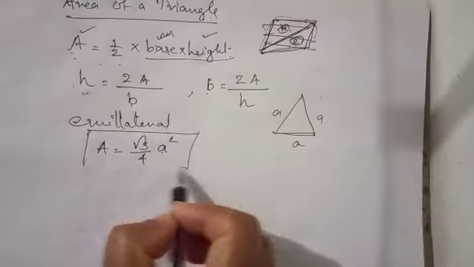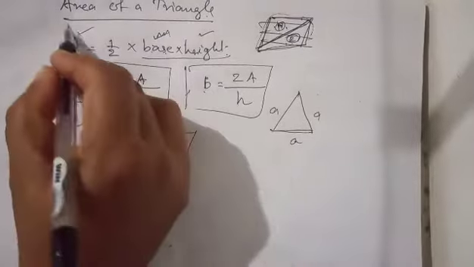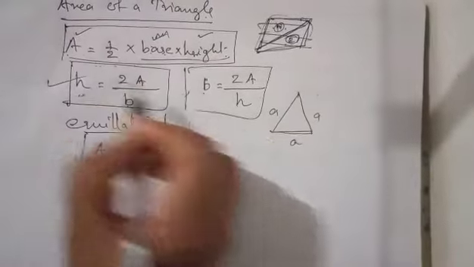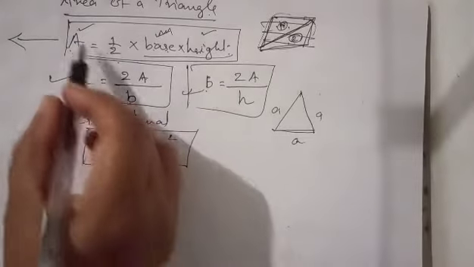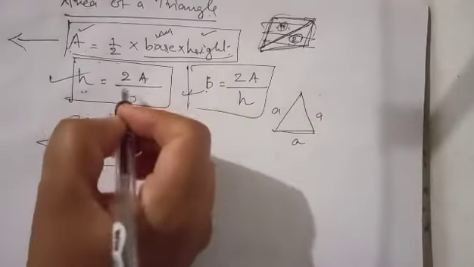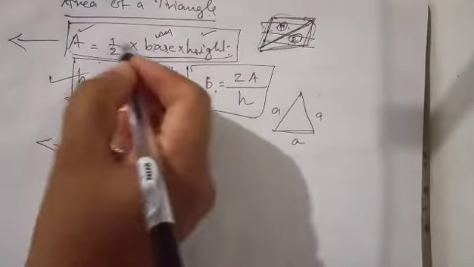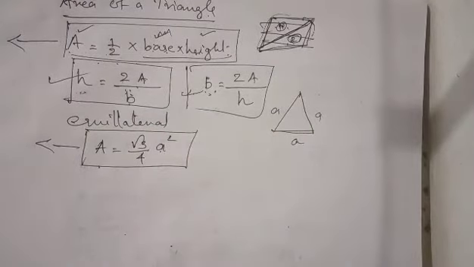Okay, this also you have to study. All these equations you have to learn by heart. This you will get directly when you are studying the area of a triangle. The area of an equilateral triangle also study. This one, no need to study, because if you know these two, you will directly get it. Okay. Next, some questions based on this triangle.